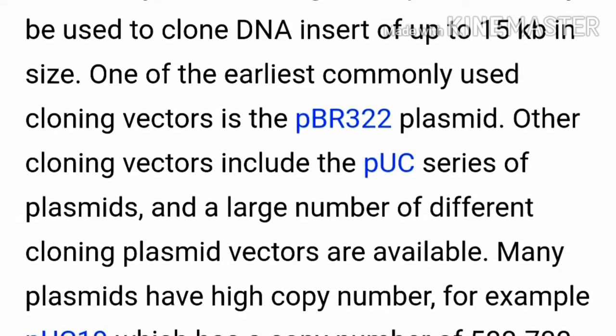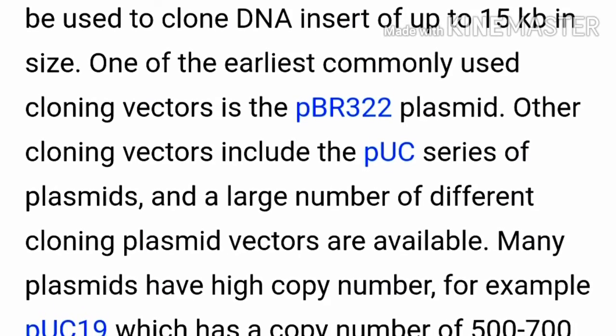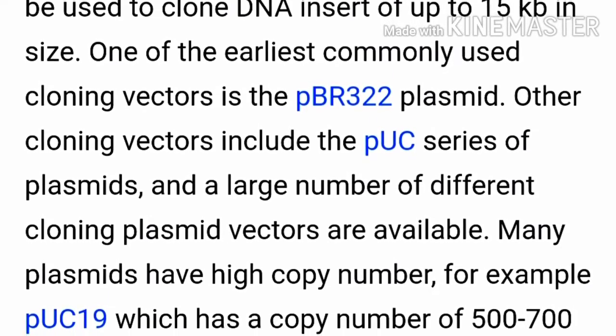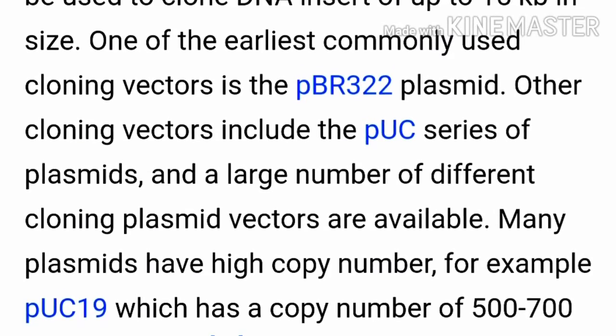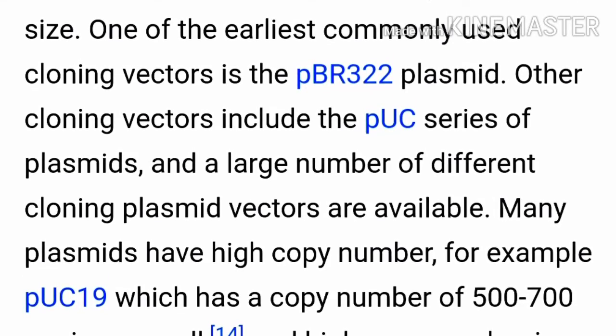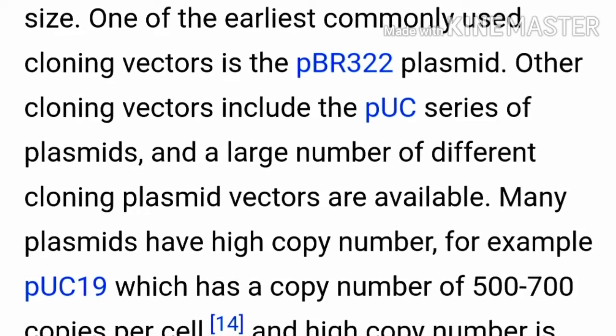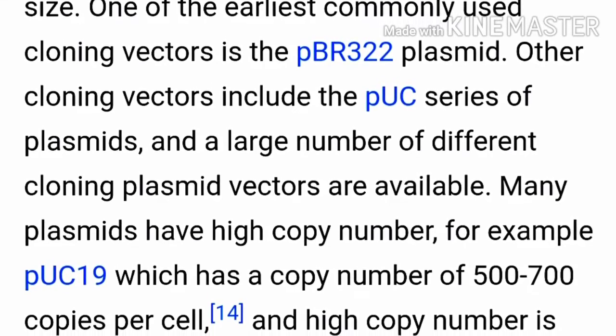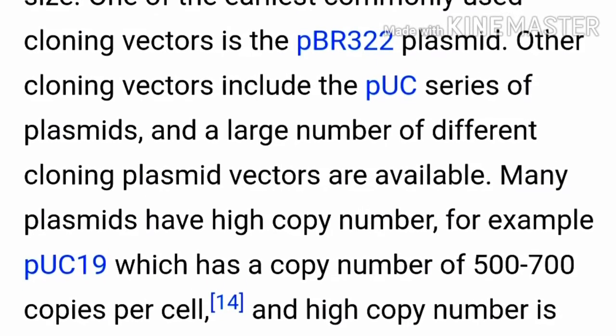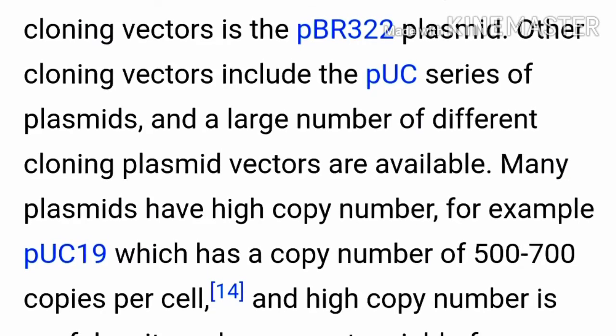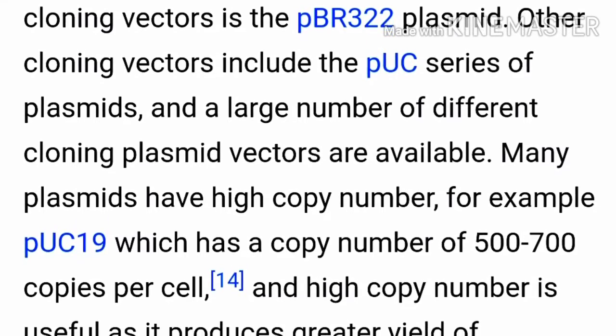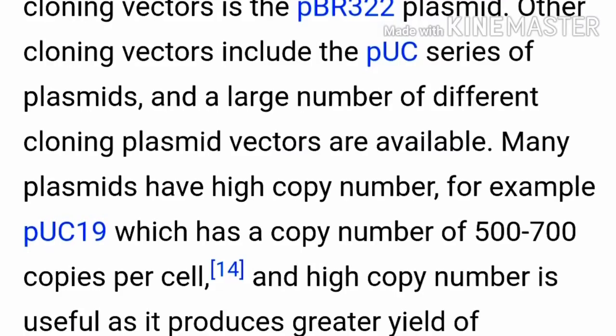One of the earliest commonly used cloning vectors is the pBR322 plasmid. Other cloning vectors include the pUC series of plasmids, and a large number of different cloning plasmid vectors